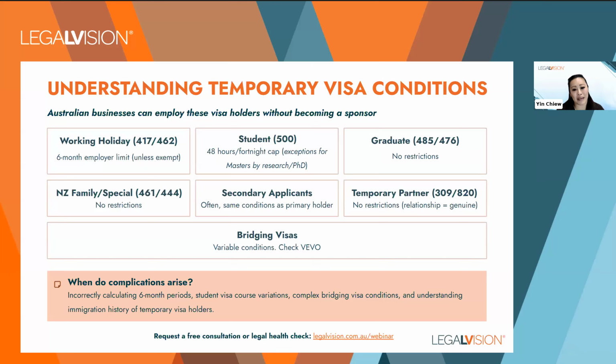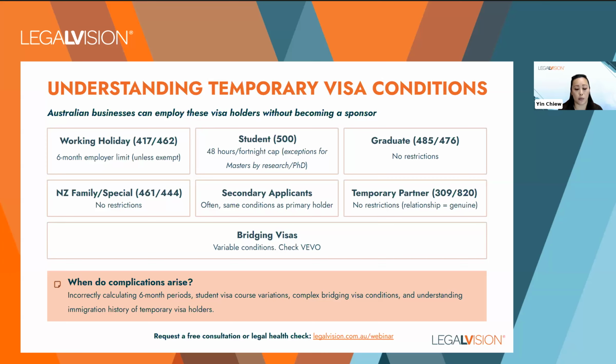And then it gets even more complex if you're dealing with someone that has quite a complex immigration history and they may be on a bridging visa as well. So some of the complications that can arise and that we get questions around all the time is, well, how do we accurately calculate the 6 months working with one employer condition that pertains to working holiday visa holders? And obviously there's a lot of information on the Department of Home Affairs website, and there's a lot of exemptions around it. So it may be around incorrectly assessing the calculation,